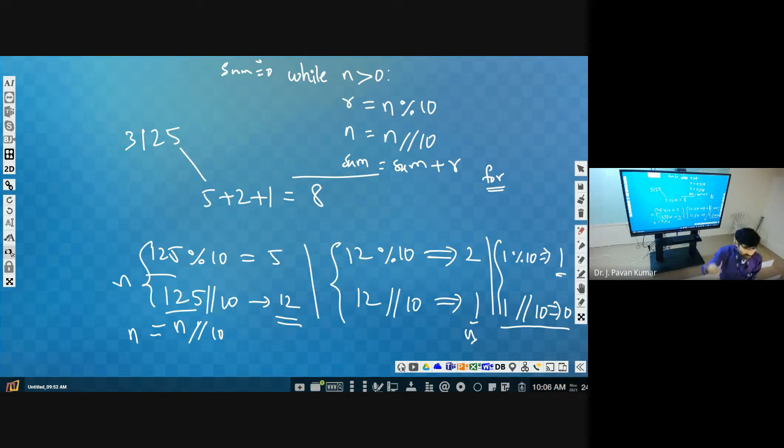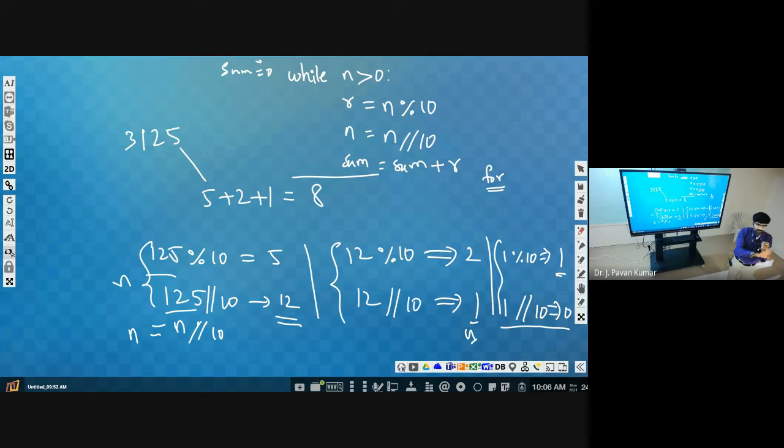Whereas this while loop, when will we use the while loop? This is the next question, right? So we will use the while loop to repeat a set of statements multiple times until one particular event occurs. Try to understand. We will be repeating this set of statements several times.